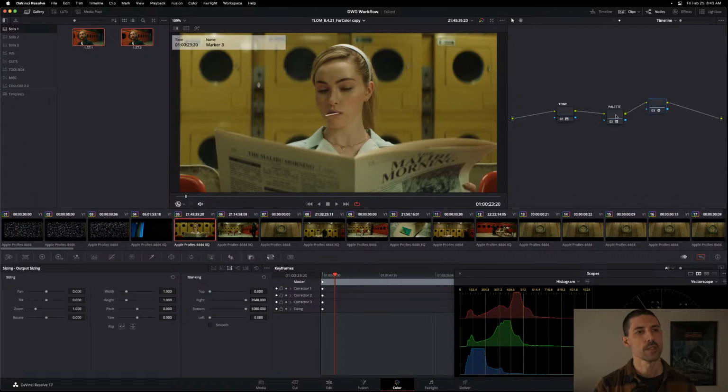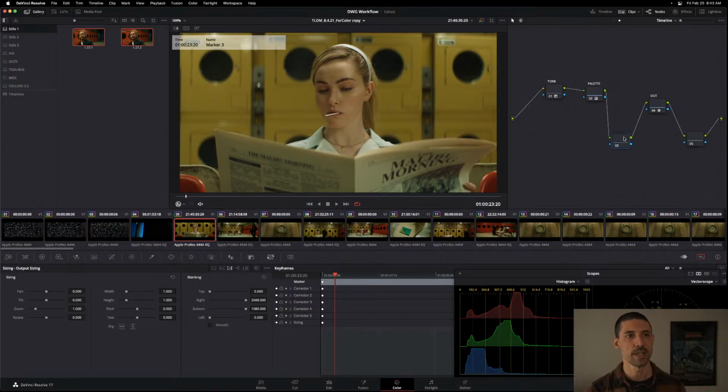So the question is this: when we apply noise reduction, here's our, let's label this our out. When we apply noise reduction here in node number 3, we get different results than if we apply noise reduction here in node number 5. And we can probably pretty easily see that. I wish I had a noisier shot to audition this on. Take my word for it. This is a correct observation that Raphael is making, that noise reduction here has a much different effect than noise reduction here. Namely, noise reduction here, a little is going to go a lot further than here,